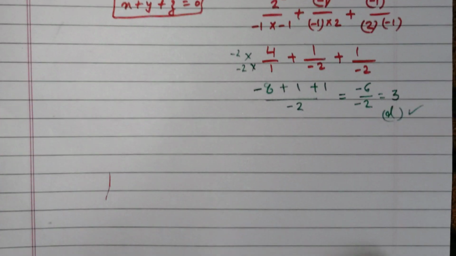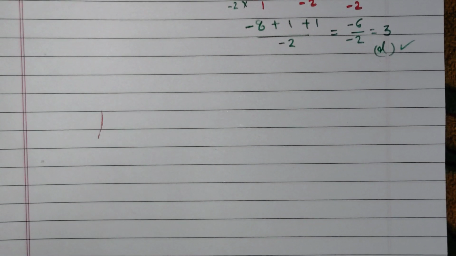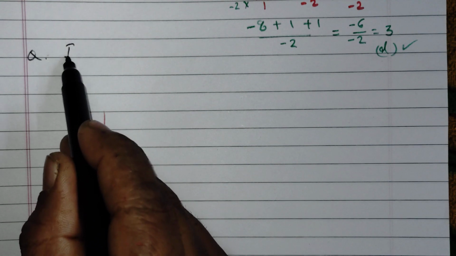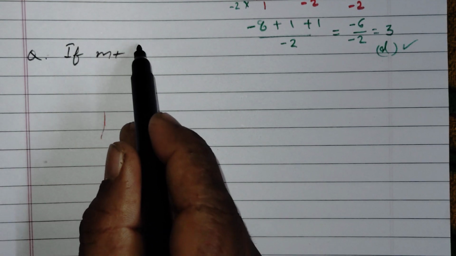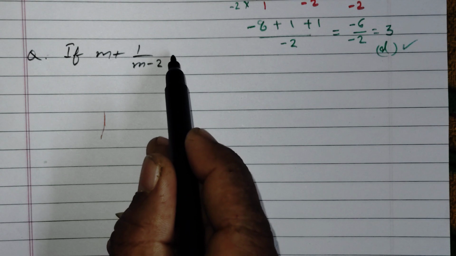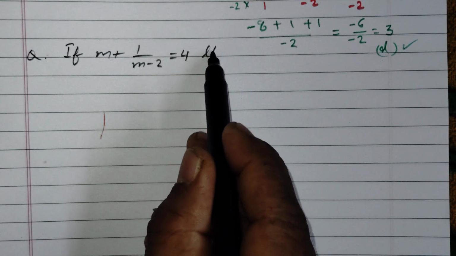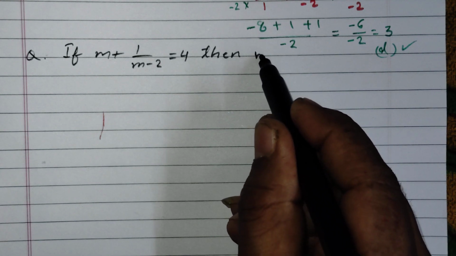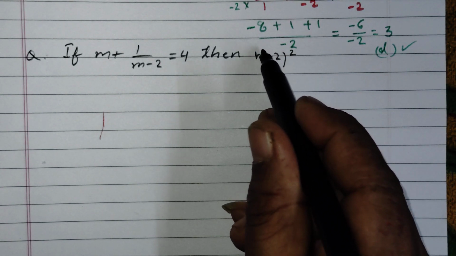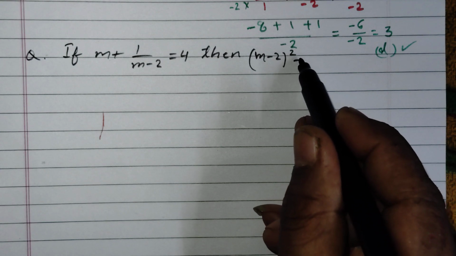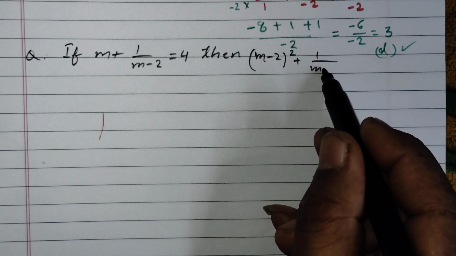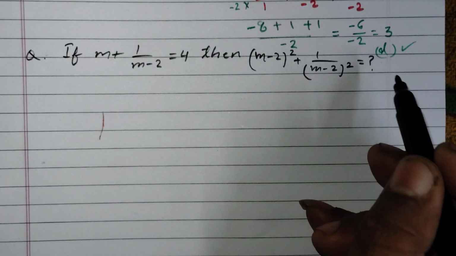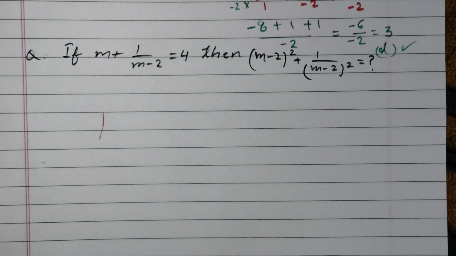Next our question is: if m plus 1 upon m minus 2 equal to 4, then m minus 2 whole square plus 1 upon m minus 2 whole square equal to question mark. There are 4 options given: